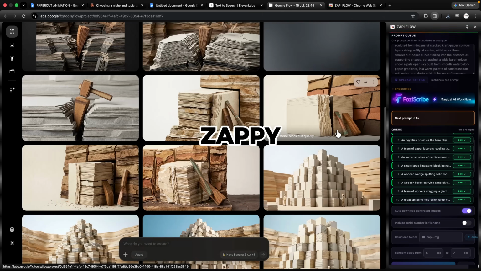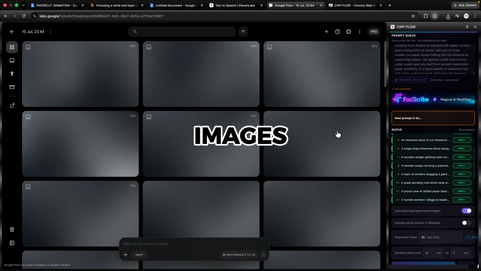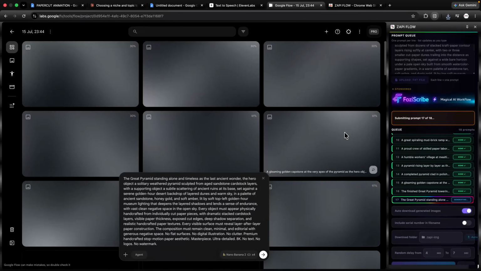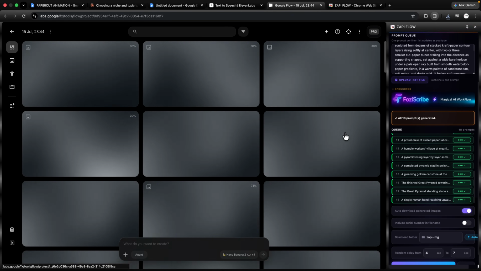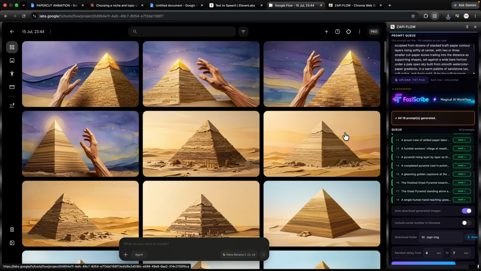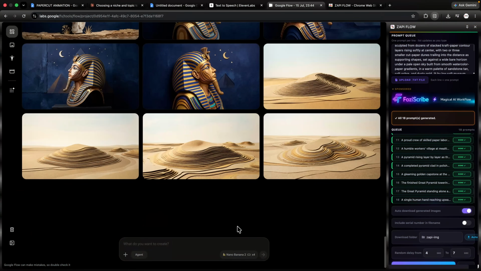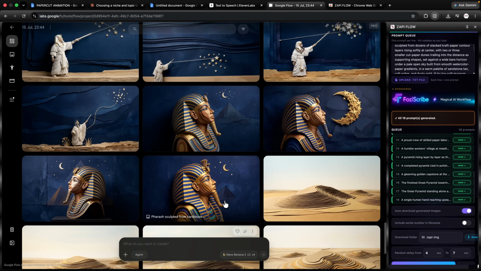And the cool thing about ZappyFlow is that when it creates the images, it also saves them to your computer. So it's not just generating them, it's storing them for you too. You don't have to manually do anything yourself. It just handles everything. Alright, so as you can see, ZappyFlow has pretty much generated every single image we need